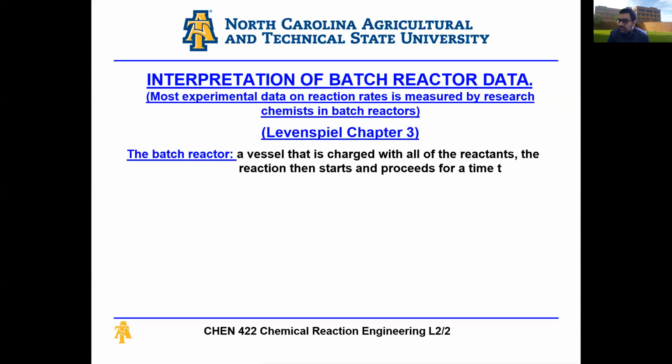A batch reactor is basically a vessel where I charge in all my reactants, let it sit for a certain amount of time, maybe do some mixing, maybe do some heating, whatever, and then take out my products once it's done. This is as opposed to a continuous flow reactor where I have reactants going in, reacting, and taking products out all the time. And a batch reactor is a piece of equipment in which empirical information is obtained for reaction